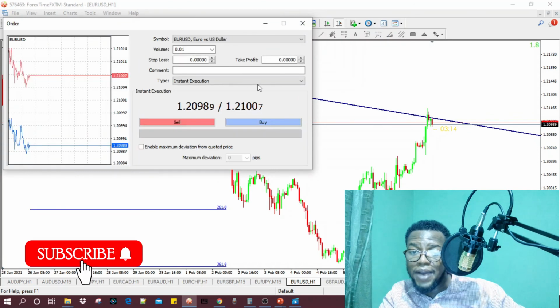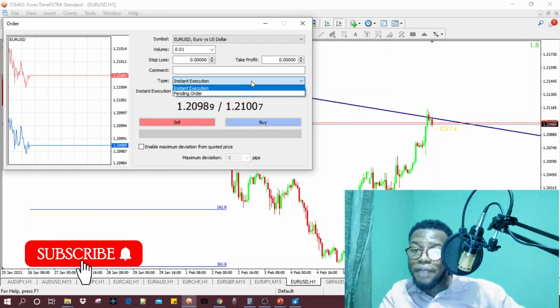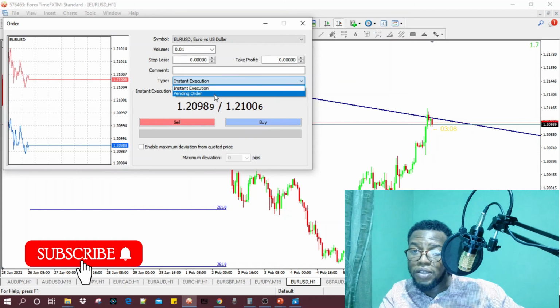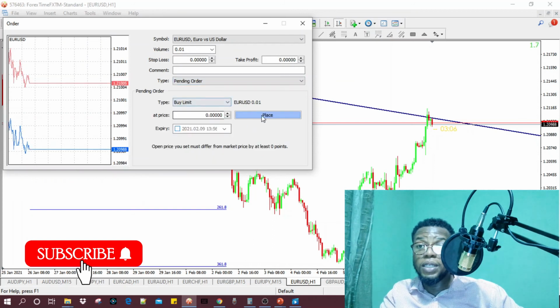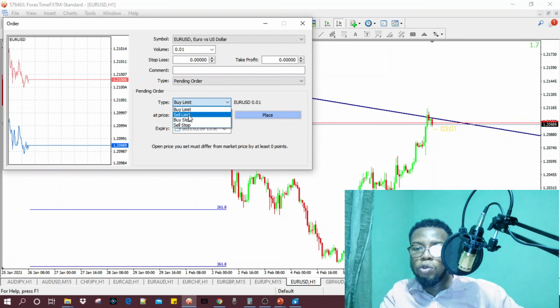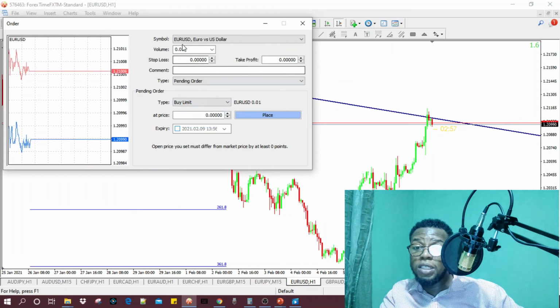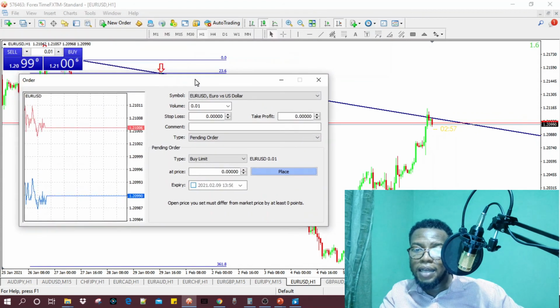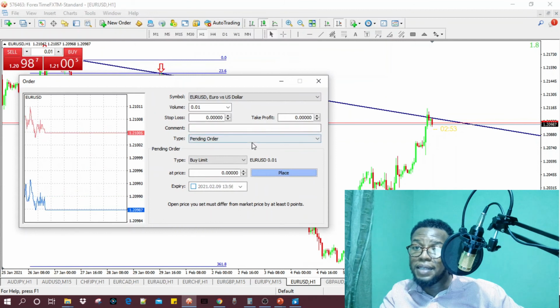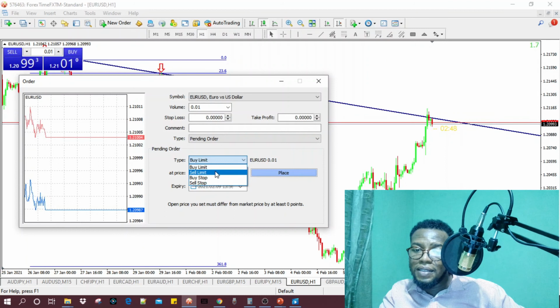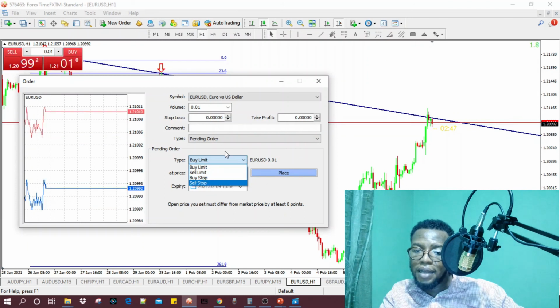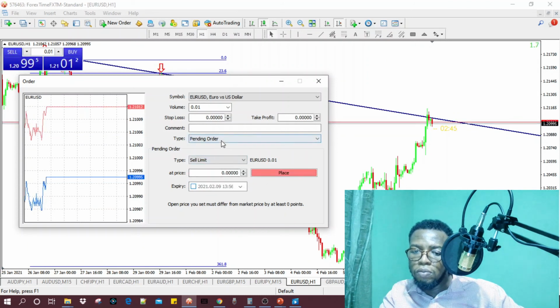If you hit sell or buy at instant execution, after selecting your stop loss, your take profit, the volume of trade you want to trade, it is going to execute instantly at the current market rate. So if you want to place a pending order, which is buy or sell stop order or limit order, can you see there is buy limit, there is sell limit, there is buy stop, there is sell stop. So if I say sell limit order now, boom,